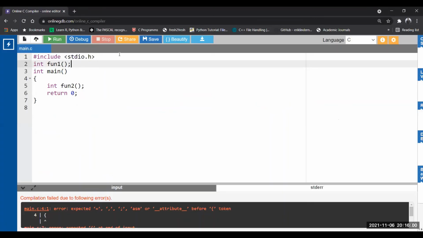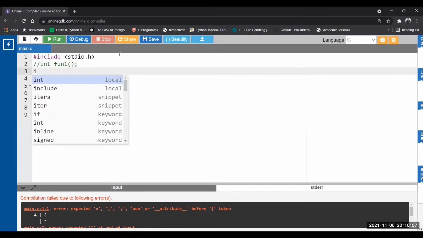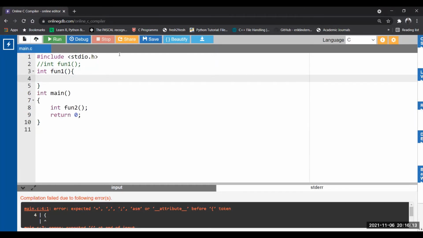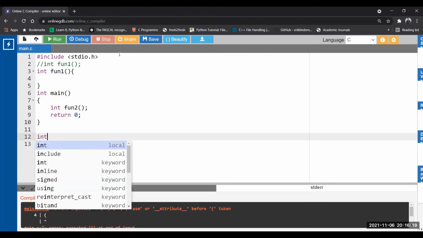Okay, here is fun1, correct? Now I am putting this fun1 declaration in a comment, and I am going to define it. So no semicolon, start the body. Right now consider it just empty; we'll write down the logic later.